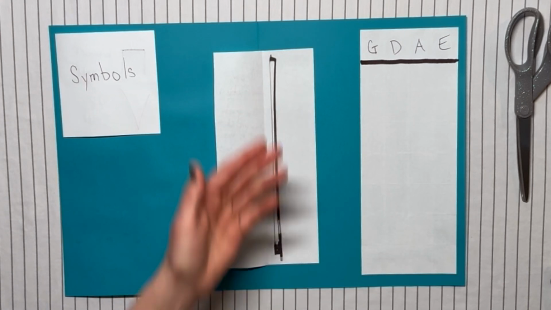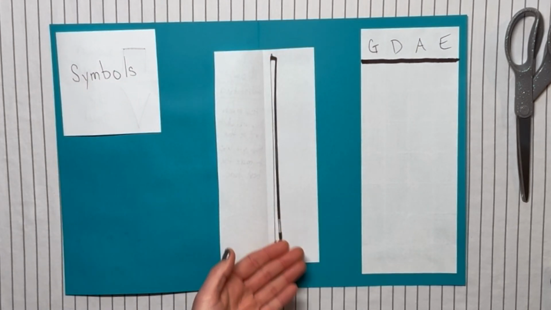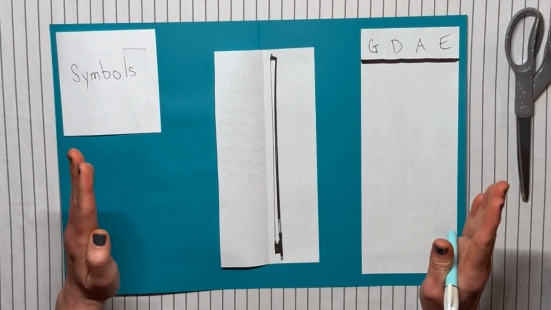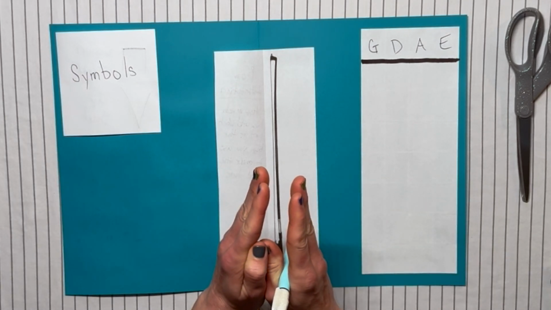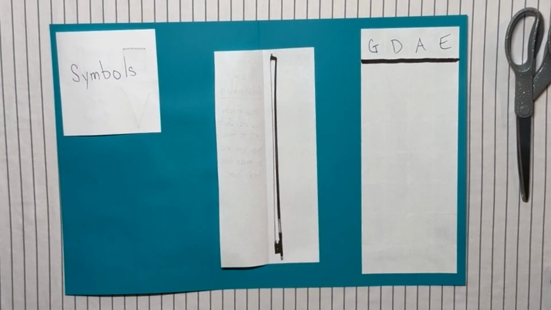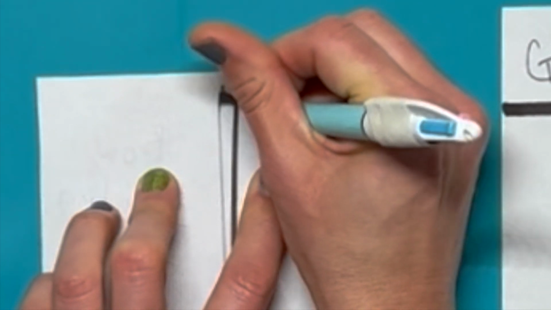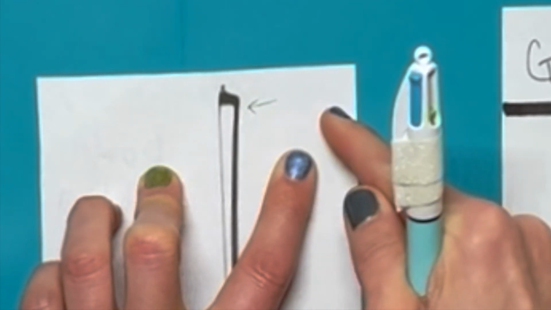We're going to start by just describing two parts of the bow, and I'm going to teach you how to write what's called an abbreviation. An abbreviation is where you take a longer word and you use just little parts of it to make a shorter version of it. Let's start with the point. I'm going to start using some colors here. Let's put a little arrow toward the point, and we're going to write the whole word,